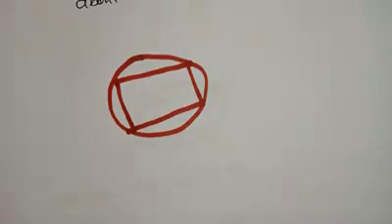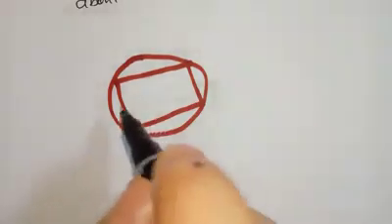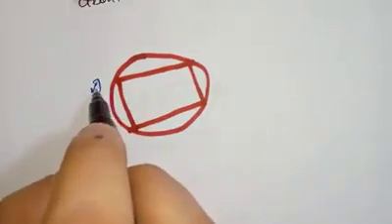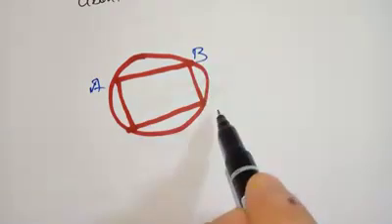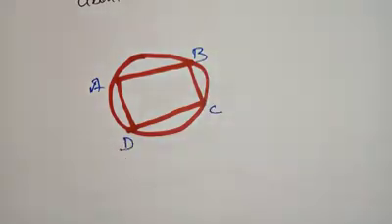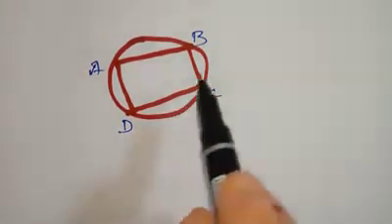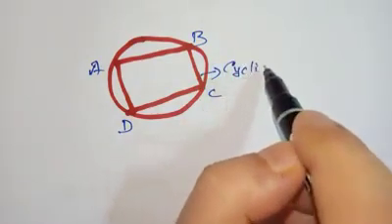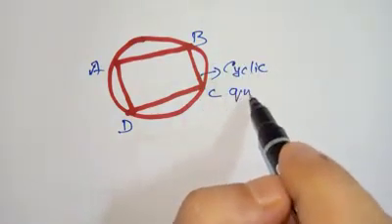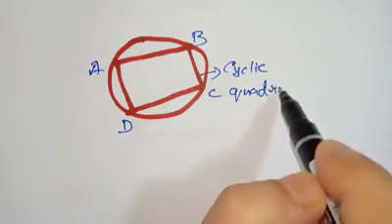Okay, and what we do now is that we name them as ABCD. So we put the labels as ABCD, right? This is a cyclic quadrilateral, so we call it a cyclic quadrilateral,